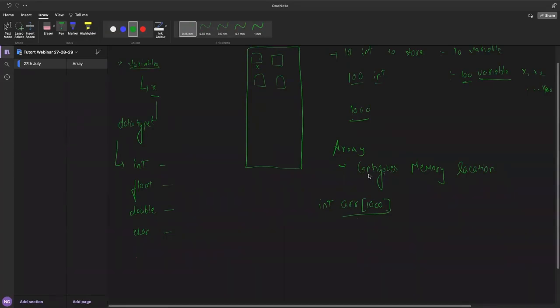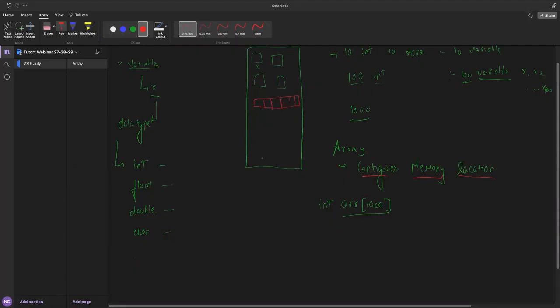First, let's try to understand what we mean by contiguous memory location. It is like a whole row of memory addresses which are adjacent to each other, next to each other.